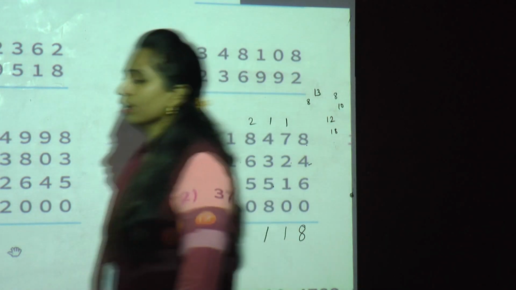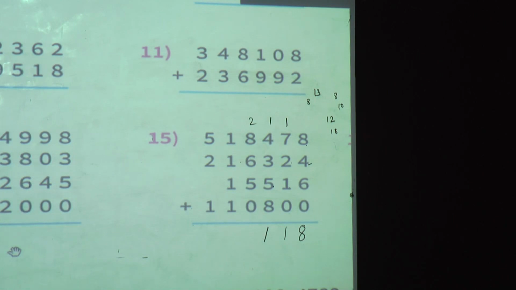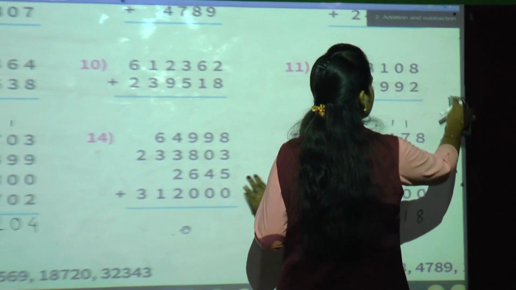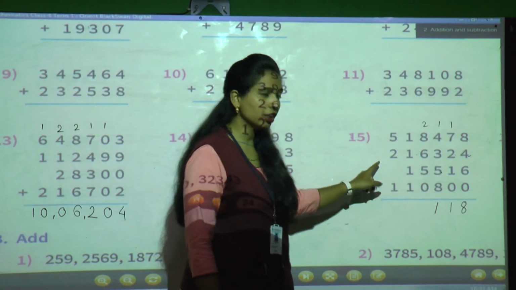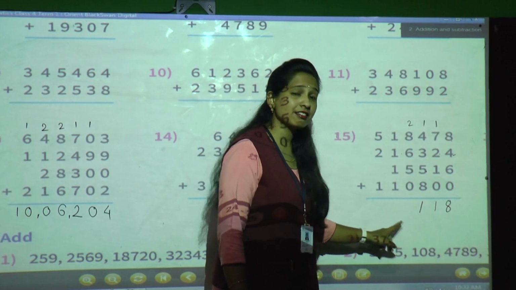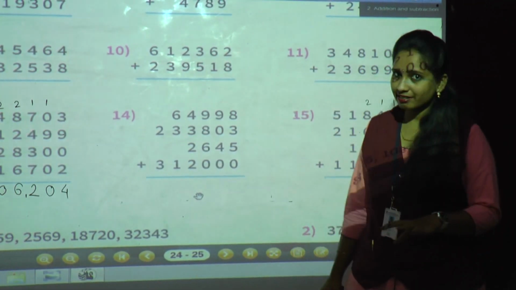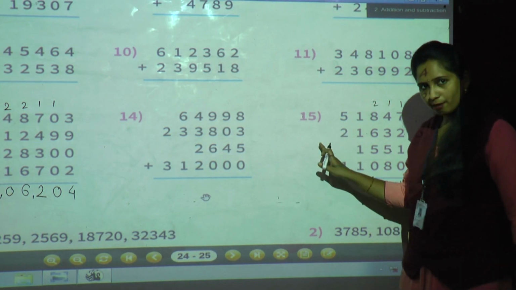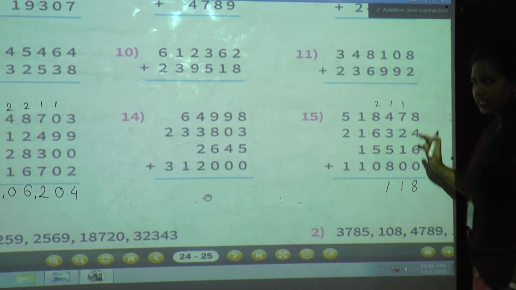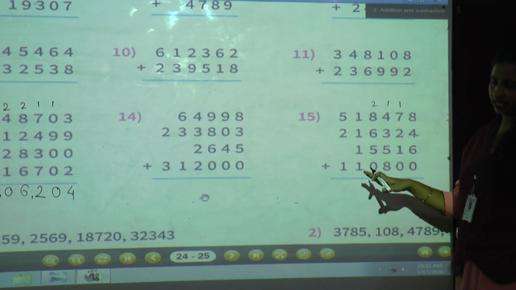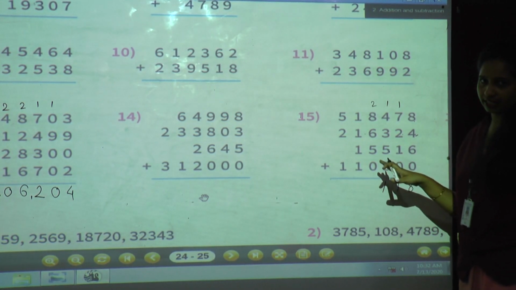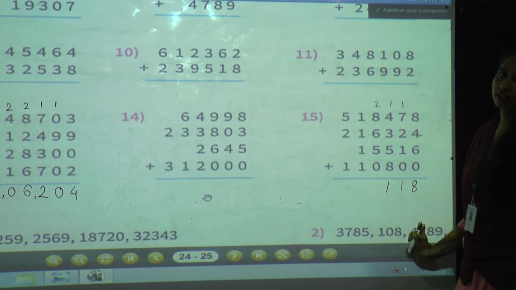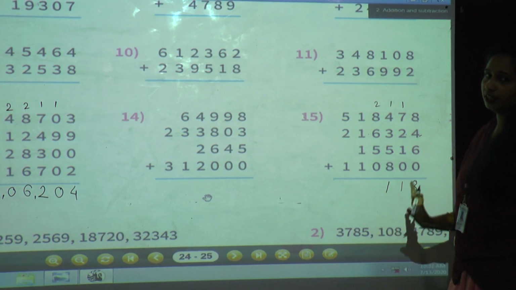This is rough work. What I suggest, students, is that whenever you solve addition and subtraction in your CW book, write the question with pen and solve the answer with pencil. The teacher is sending you the answer key through PDF, so you have to solve by your own in the CW. Cross-check your answers with the answer key whenever the teacher sends it through WhatsApp. Once the answer is correct, copy it again and ink it with the pen.